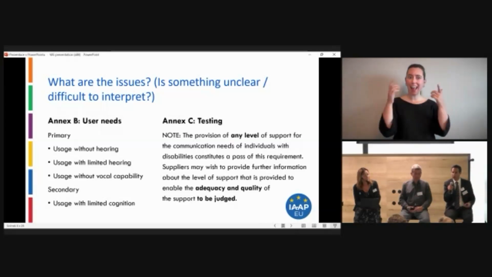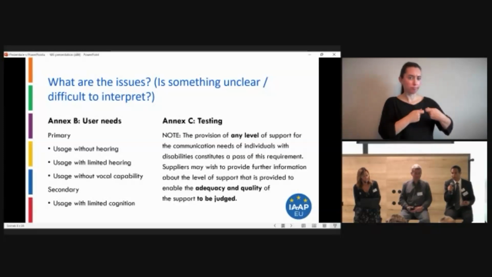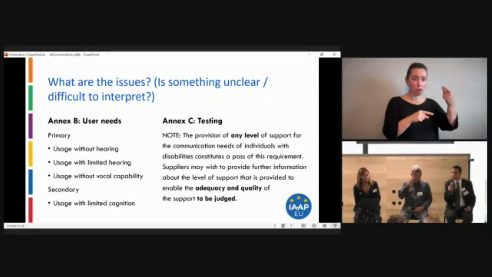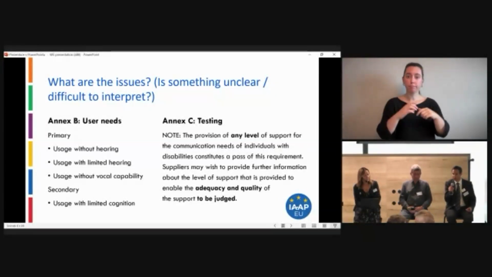So when it comes to user needs, the primary target group listed is usage without hearing, usage with limited hearing, or without vocal capability, and secondary usage with limited cognition. So in our view, actually all user needs should be included, because if communication is not effective for all, communication is not effective.